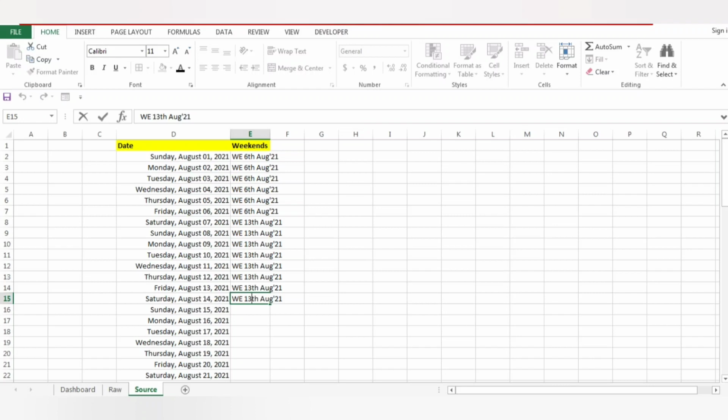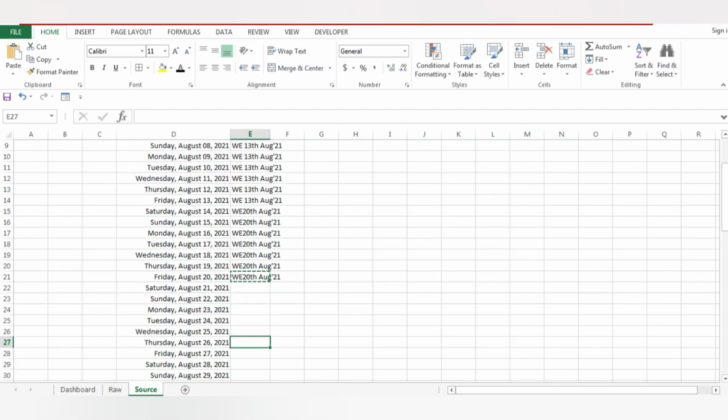So mention 28th here and drag it till 28th of August. And when is our next weekend? It will be on 27th, right? So the next weekend ending will be on 27th. I just give some space here.